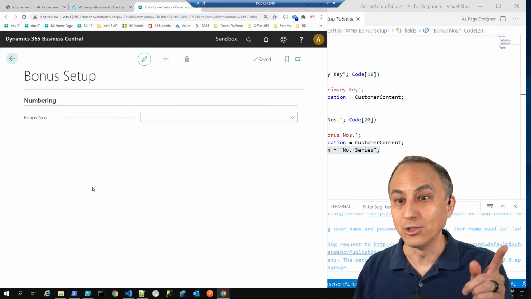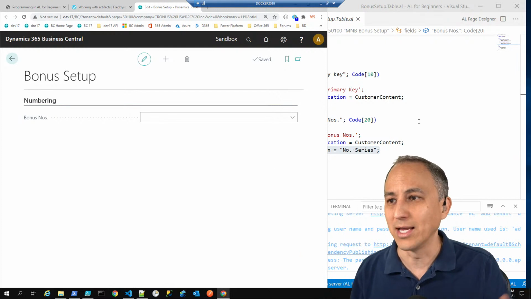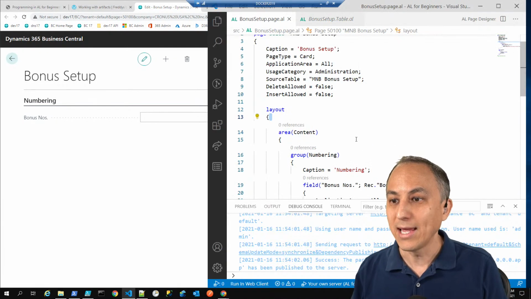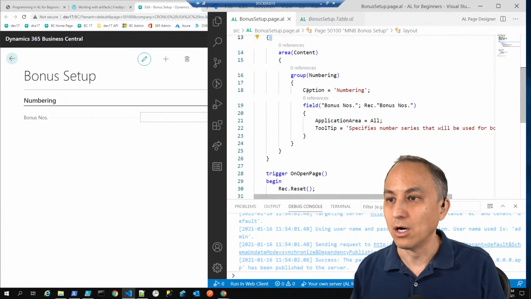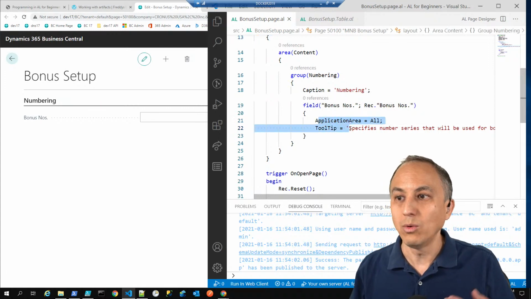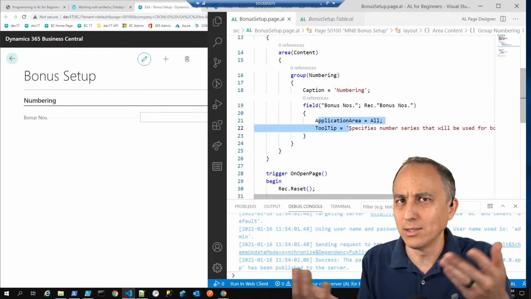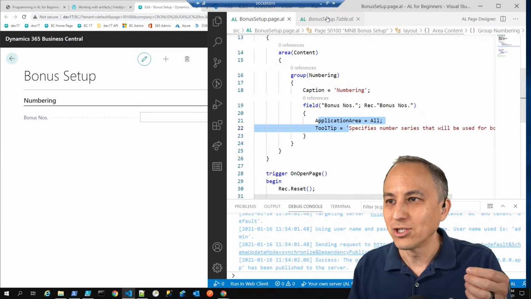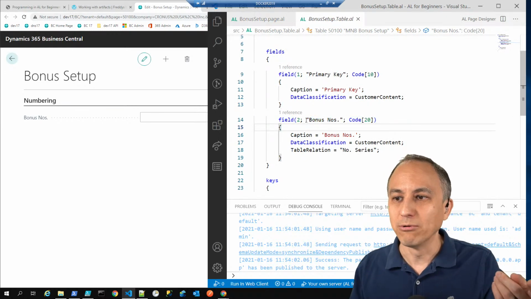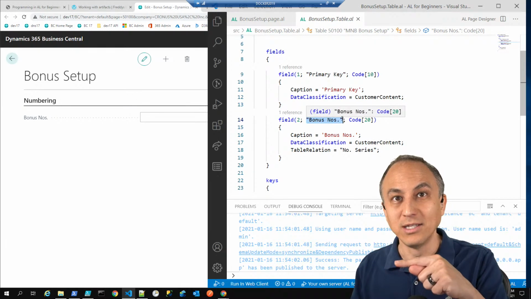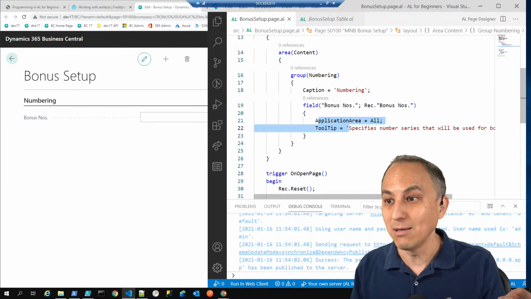And on our page, without us having to do anything, we go to our page and we have this field called bonus numbers. All we said was bonus numbers. We didn't tell it what this field was, where it came from. It just magically knows, oh, you must be referring to this bonus number field in your bonus number table,